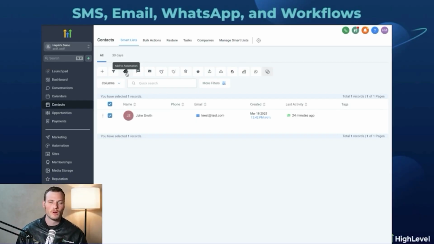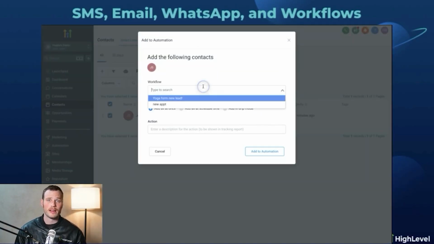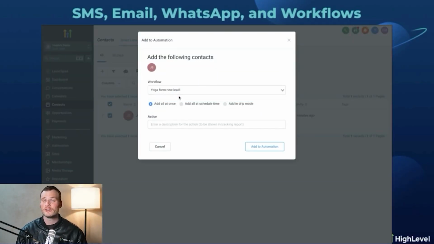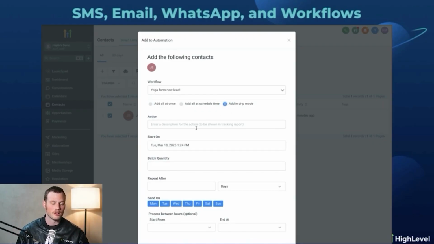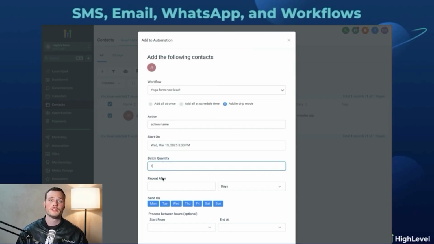So you could do all three at once. If you have a workflow set up, you can add all of these contacts to that workflow, which basically means you can just run a promotion directly into all those leads' phones. So now, on top of whatever kind of drip automations you set up, an email drip, a newsletter that you're running, whatever the case is, you can also just do one-off seasonal promotions straight into SMS, generate conversations on a